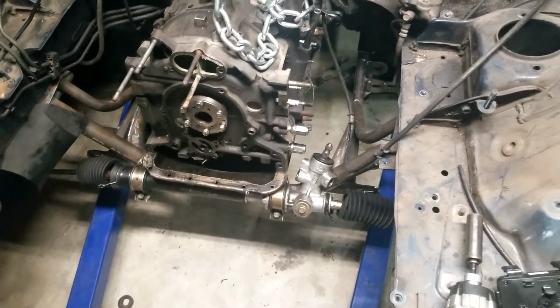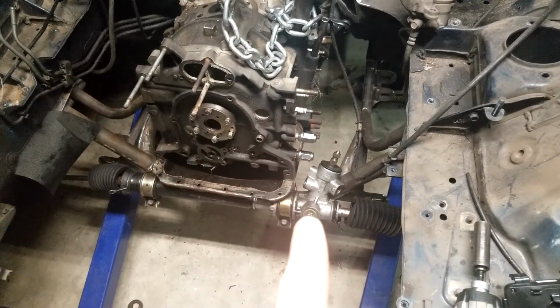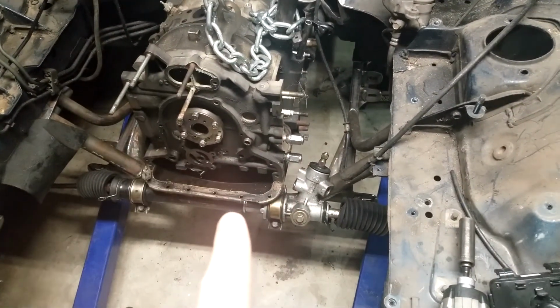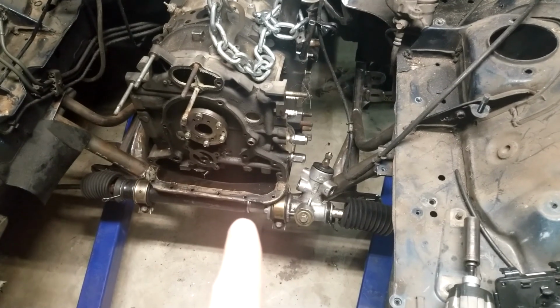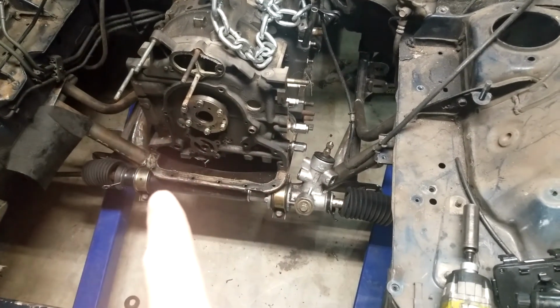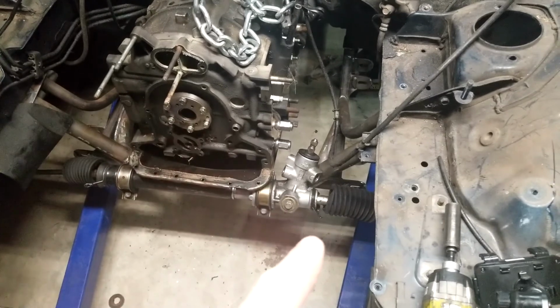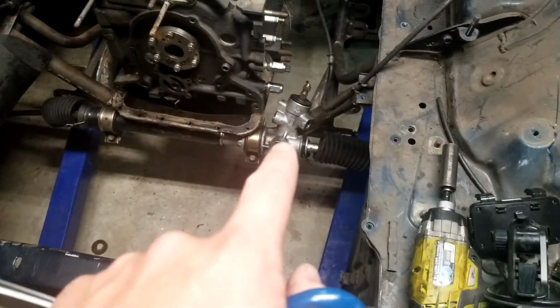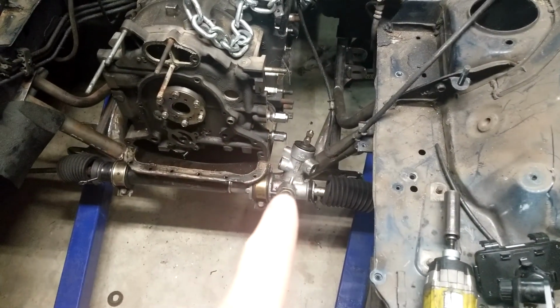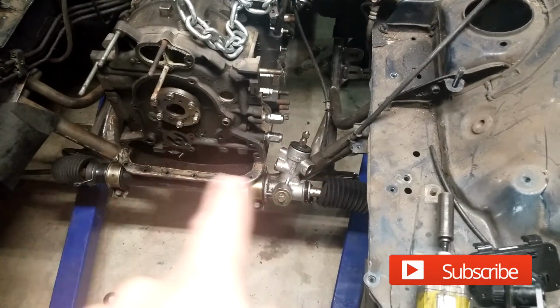Alright, so Miata steering rack. Flying Miata, I believe, has a write-up on how to do this, but I'm going to actually do it in video form to show you all the issues that you might run into trying to do it, and so forth. So it should be good for everybody to be able to see that, and that'll be the first